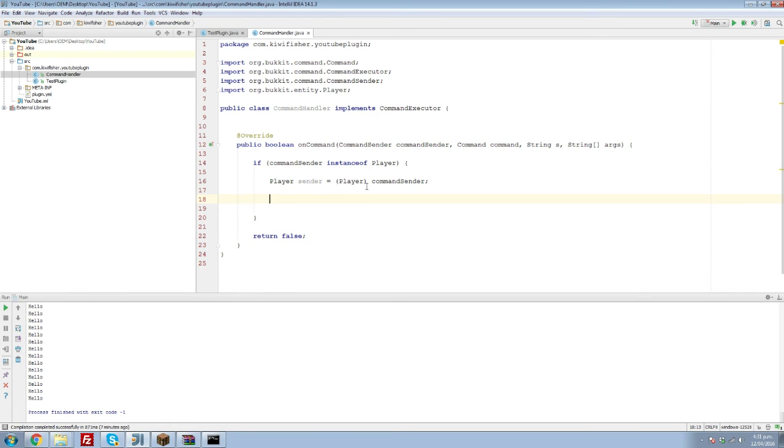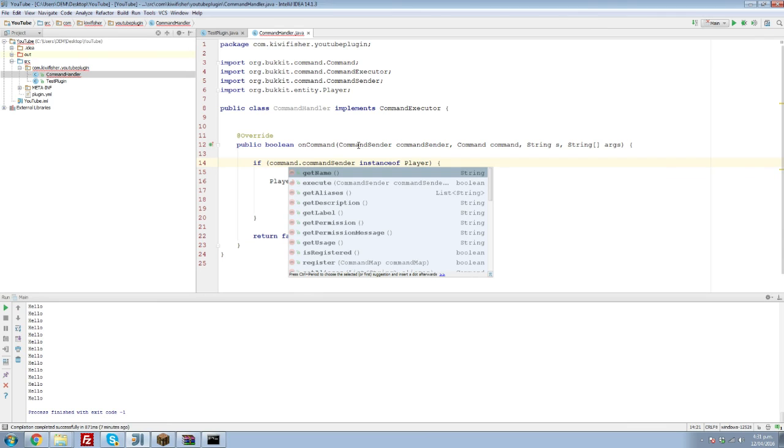Now, I'm an idiot, and I just realized I missed one of the most important steps. Up here, we've only checked that if it's a player, we haven't actually checked what command they've typed. So we're going to say if command dot get label,